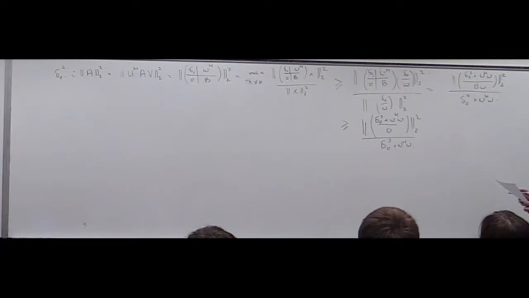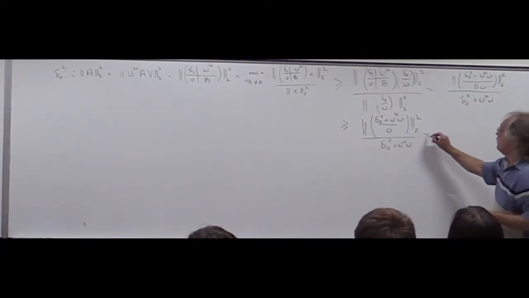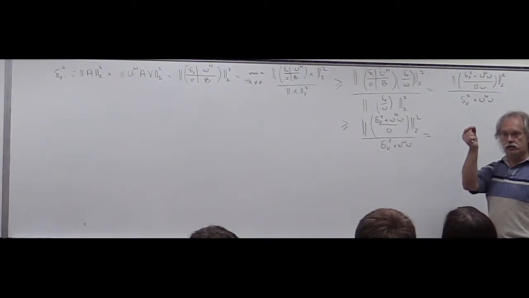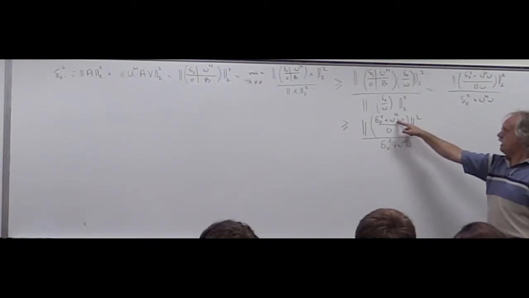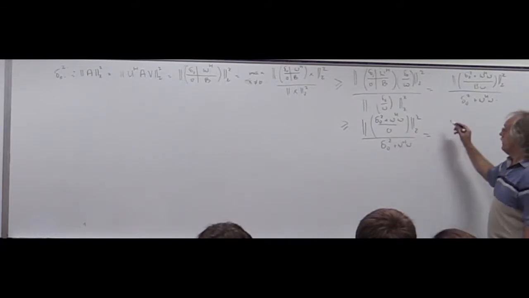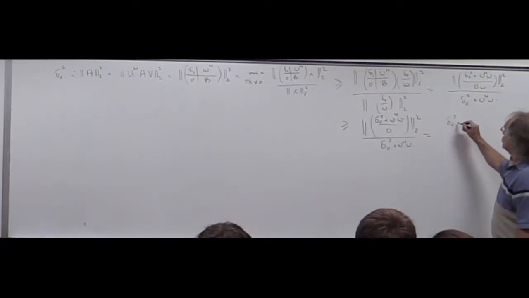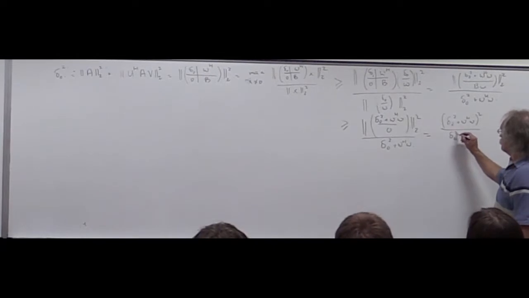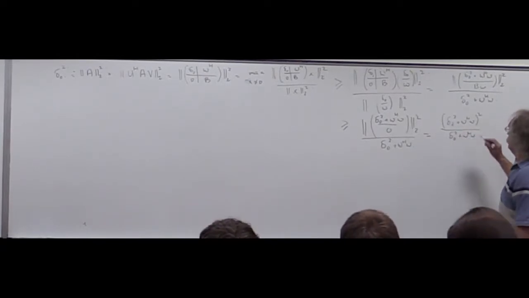And notice that this is just a vector with an individual element, right? So this is just this element squared plus the sum of the rest of the elements squared. And that's just delta 0 squared plus W Hermitian W squared, divided by delta 0 squared plus W Hermitian W. And that, of course, is just